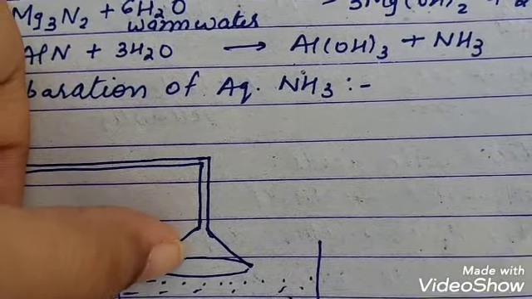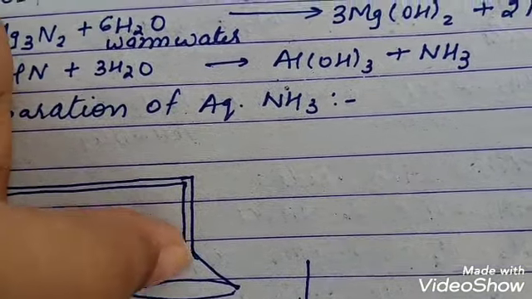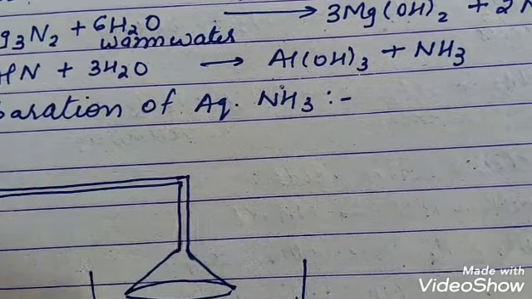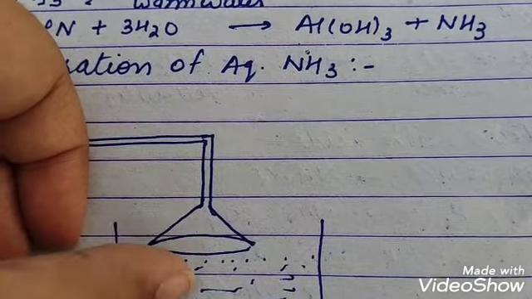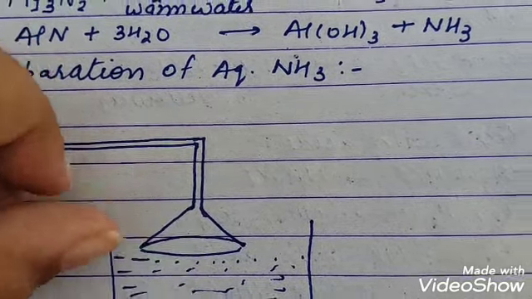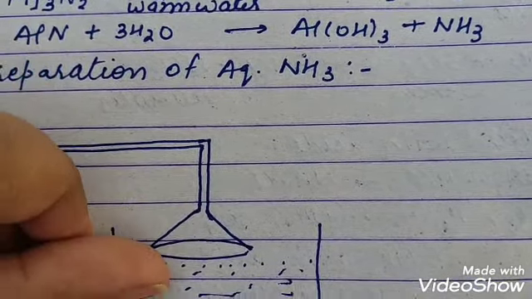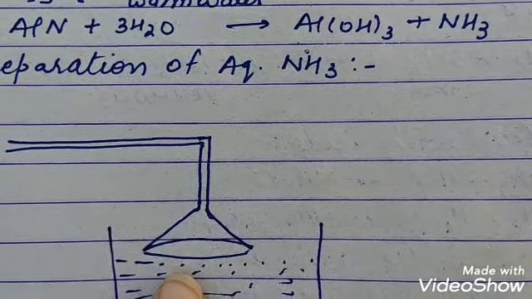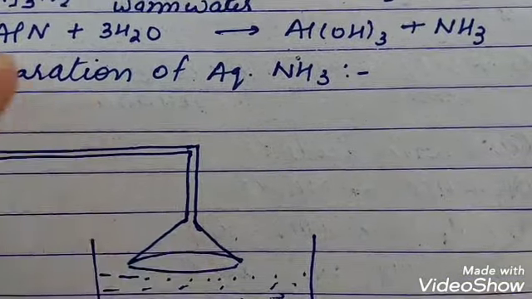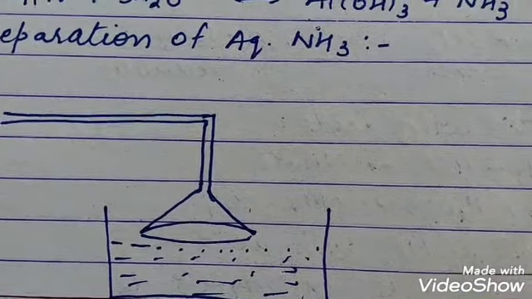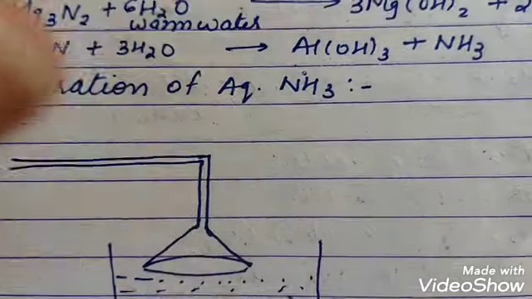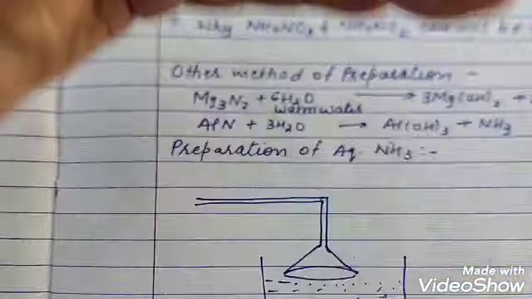And remember, when ammonia dissolves in this, a vacuum will be created here. So a little bit of water will start going inside. When a little bit of water goes inside, it will push the inverted funnel up. Till then ammonia will come. Ammonia will push the water down. So in this way, this inverted funnel will keep on moving up and down.